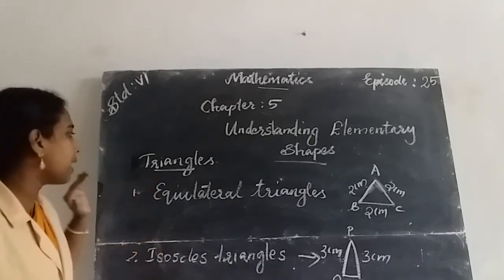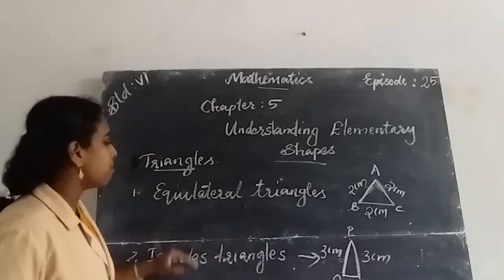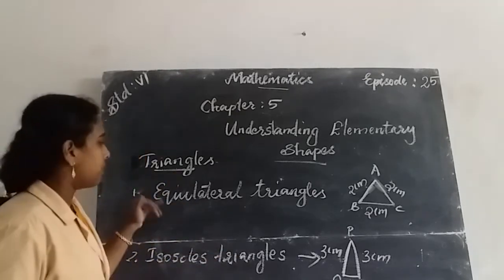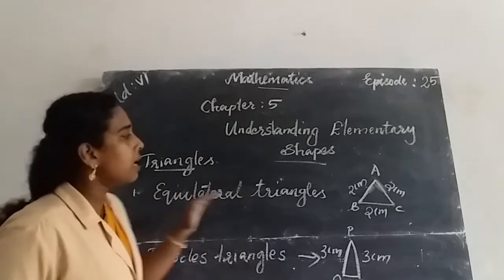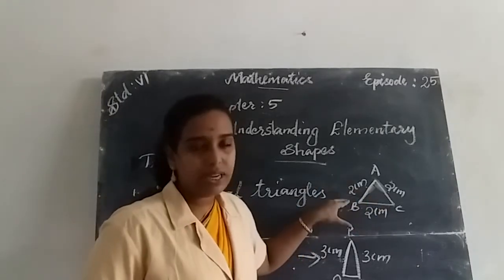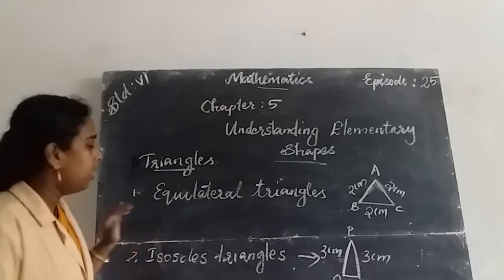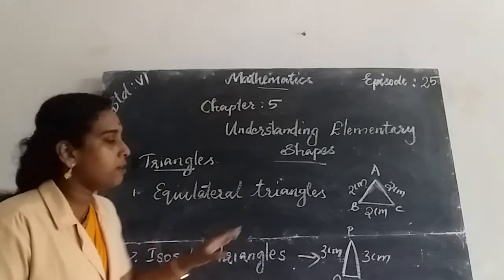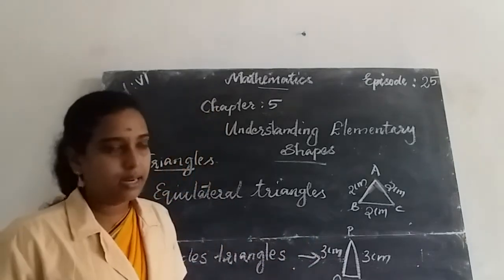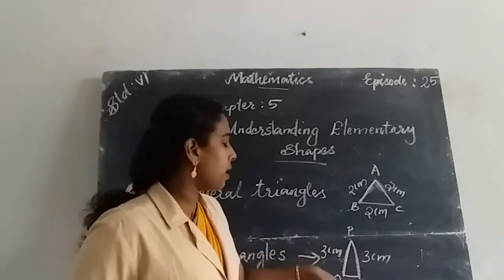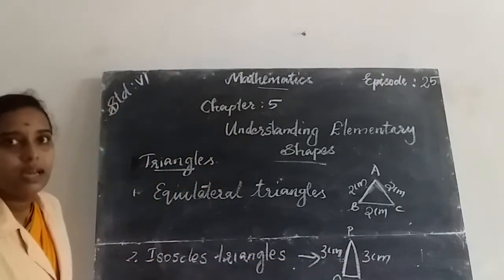So these are the three types of triangles based on the sides. These are the classification based on the sides of the triangle: equilateral triangles, isosceles triangles and scalene triangles. Equilateral triangle means the three sides of a triangle are of equal length. Isosceles triangle means if any two sides of the triangle are equal, that is, the length of two legs of the triangle are equal, then it is said to be an isosceles triangle.